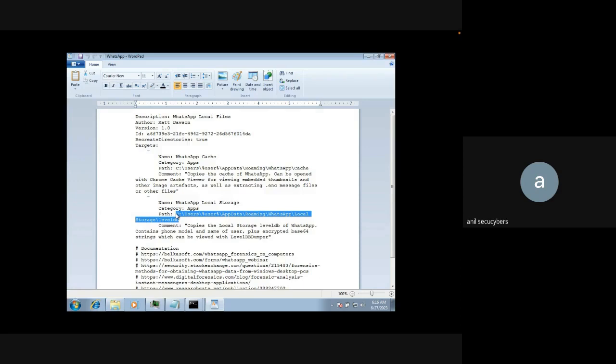Okay, and the thing is that it is encrypted, and it is also base64 encoded. So Kape will actually extract the artifact for us, but we need to know how to parse that. Okay, it has a parser for that, but most of the time, if it is not able to parse this WhatsApp file, we need to research on our own and try to see how we can parse the WhatsApp local storage files for any kind of host that we are investigating. Okay, so